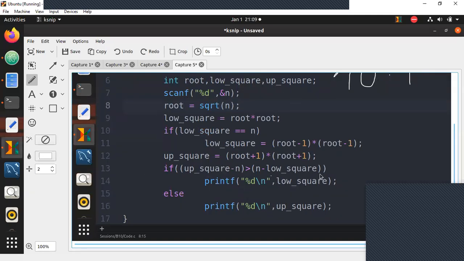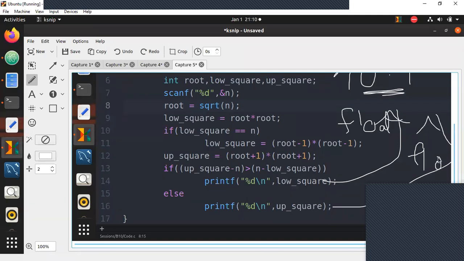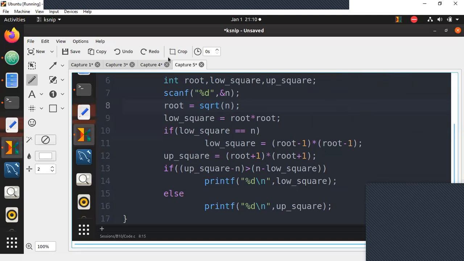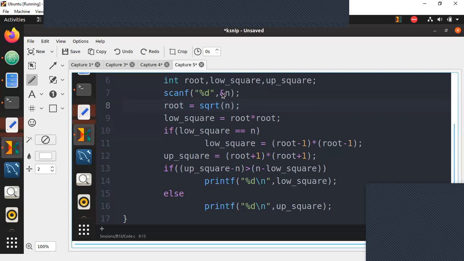After calculating, whatever is the low square of it, compare it with this float value. And whatever the high square is, compare it to the float value as well. That's the basic idea.